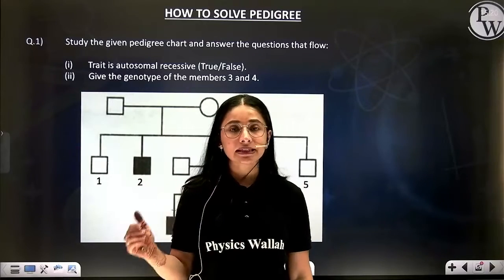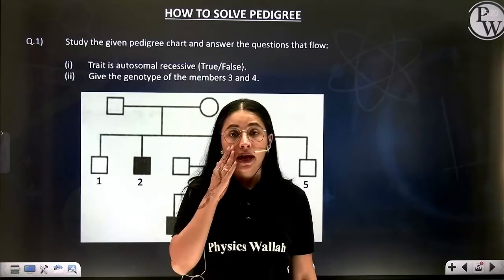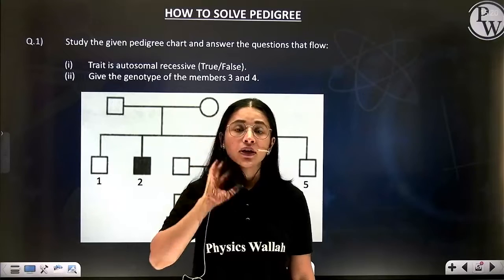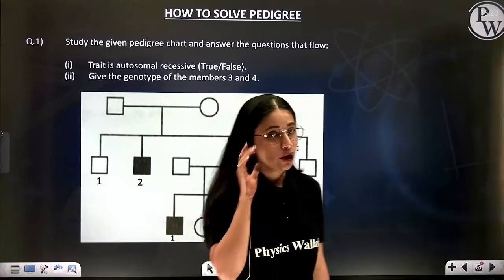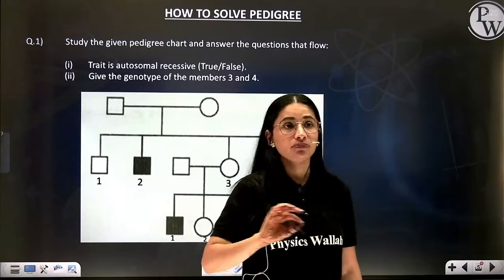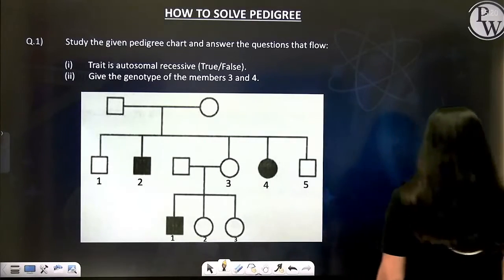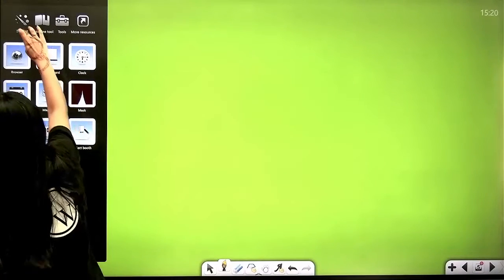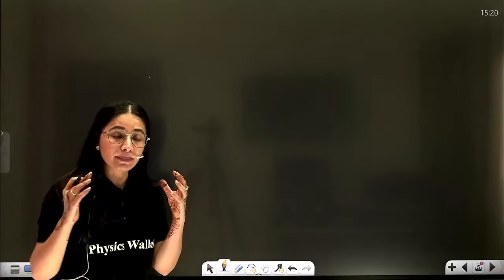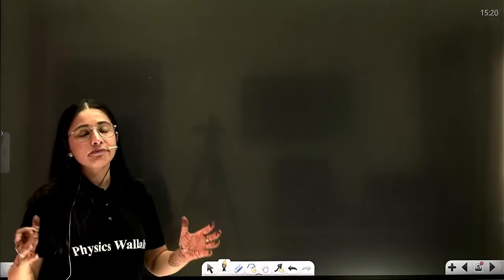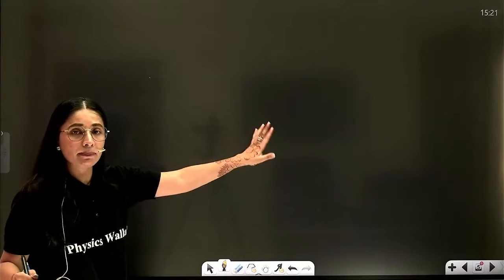Now with this, the chapter comes to an end, but yes, you need to learn to solve pedigree. You should know how to solve pedigree. So the next heading is how to solve pedigree. Now before I make you solve pedigrees, I just have something extra to tell you. Pay attention. Now we know that there are Mendelian disorders which can be easily traced with the help of pedigree